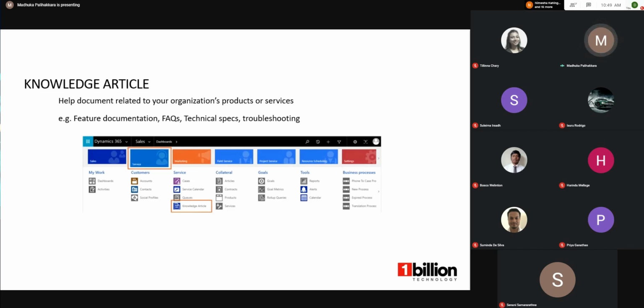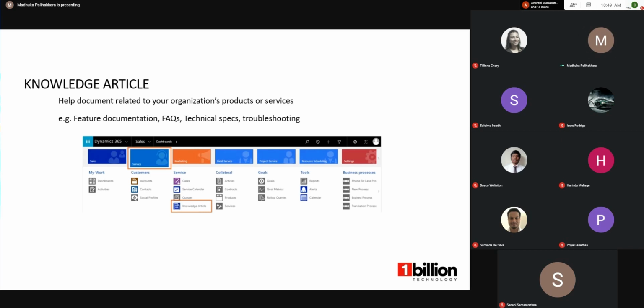Knowledge articles are help documents for your organization's products or services, such as feature documentation, frequently asked questions, or technical specifications, maybe steps to troubleshoot some issue. This knowledge management feature helps to provide better and faster customer service.